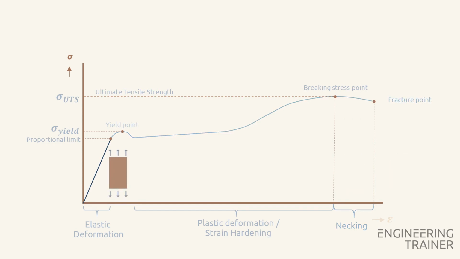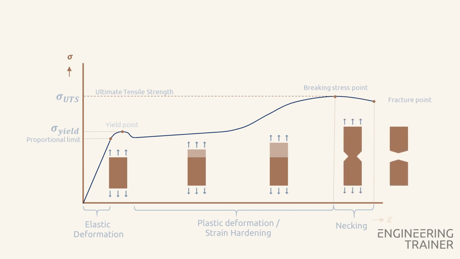In summary, due to the elasticity of a material, it is possible to stretch a material and return it to its original position. By stretching it too much, the material will become plastically deformed. Strain hardening makes the curve go up, and even higher forces bring the stress up to the ultimate tensile strength, after which necking starts and the item fractures.